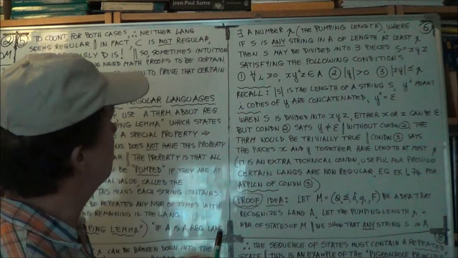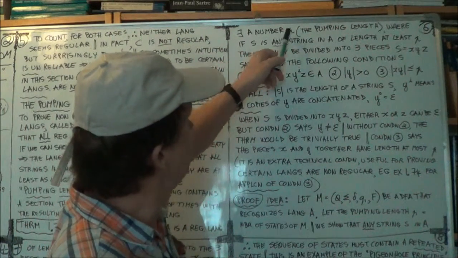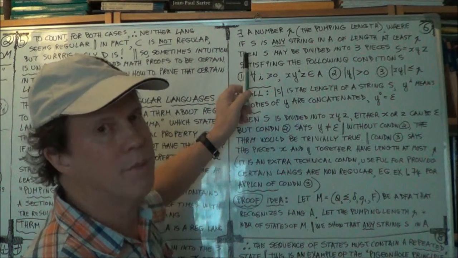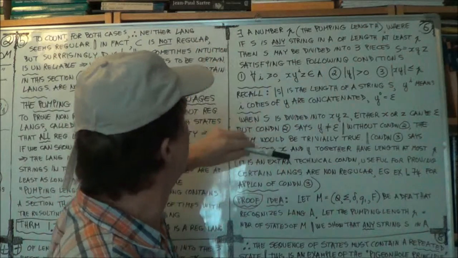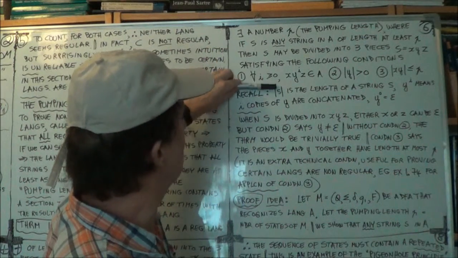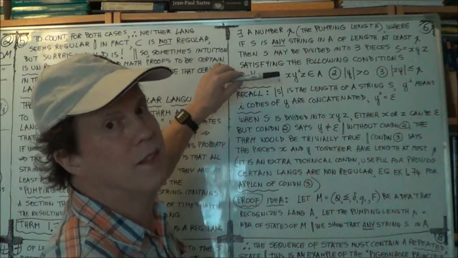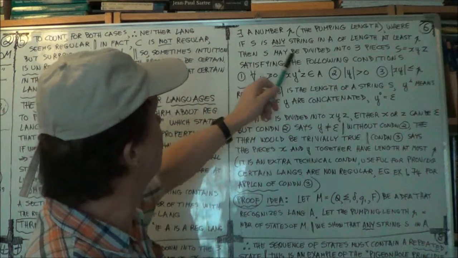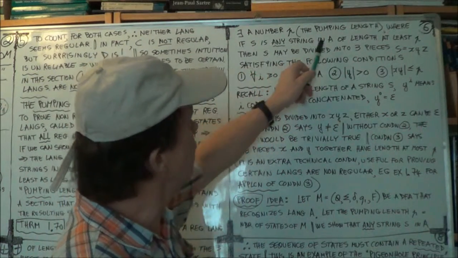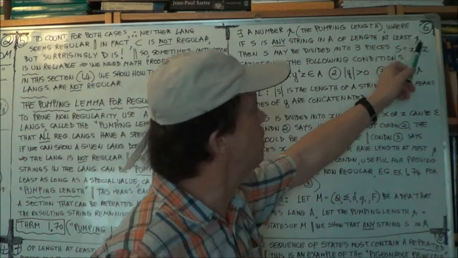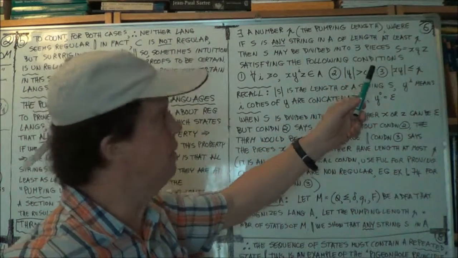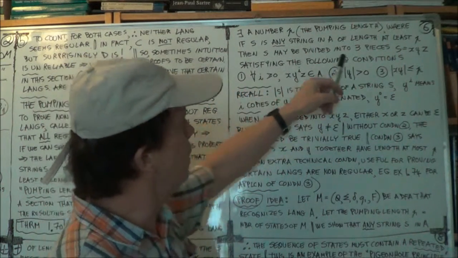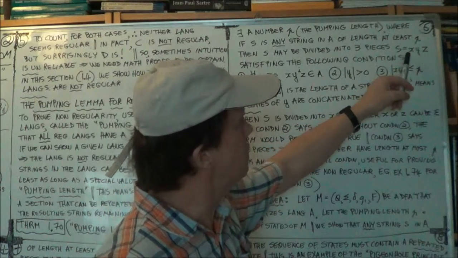If A is a regular language, there's a number P, the pumping length, where if, double if, right? It's not a trivial theorem statement at all. It's a lot of details, and it gets down to here. I think this is our longest theorem statement so far. Okay, it gets a bit harder. So where if S is any string in A that has length at least P, at least the pumping length, then that string you can divide into three pieces. Here's your string S, and you divide it into